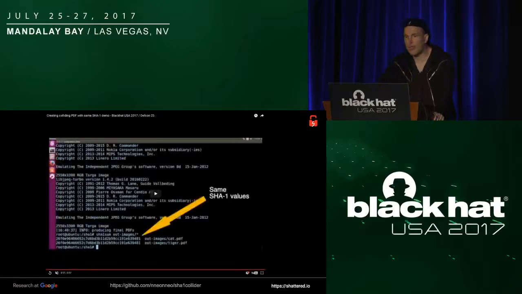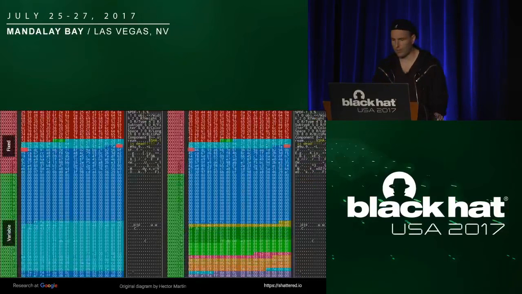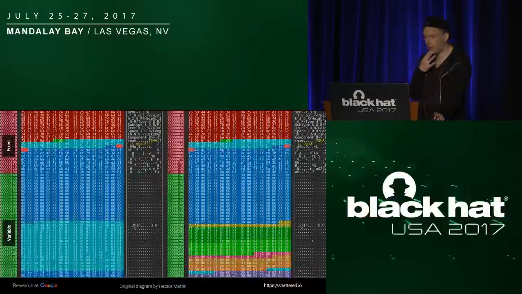This is, of course, a fun example of how you would do it. You can imagine nefarious attacks where you have, let's say, a rent contract, and you sign something which says you're going to pay $1,000, and then lo and behold, the other one says you have to pay $10,000. So using SHA-1 for any kind of integrity is now, at least for PDF, kind of pointless because you can't trust it. And so it defeats the purpose. So how does that work